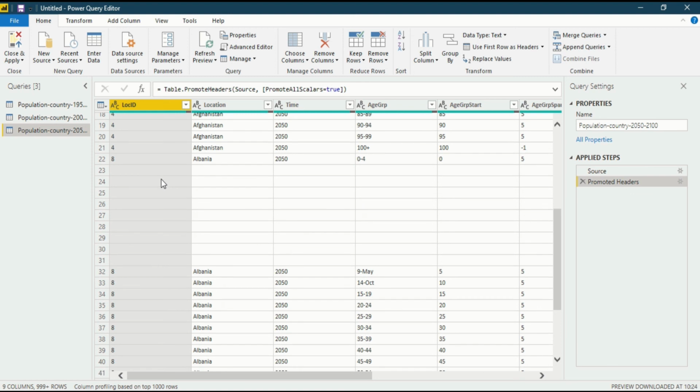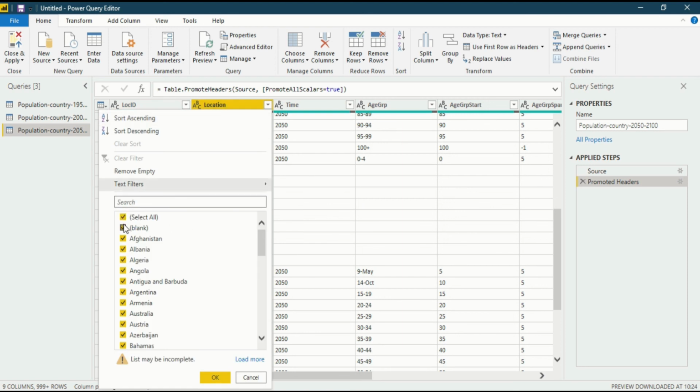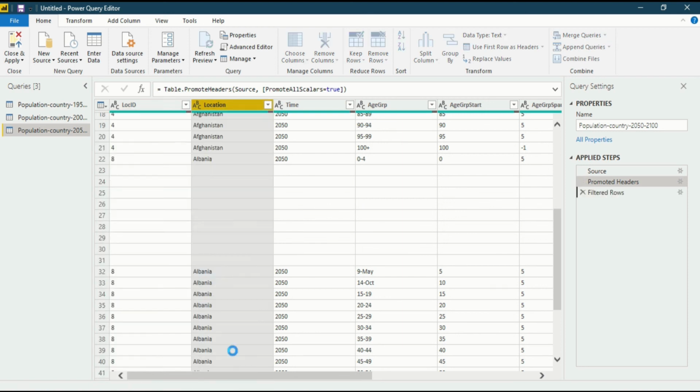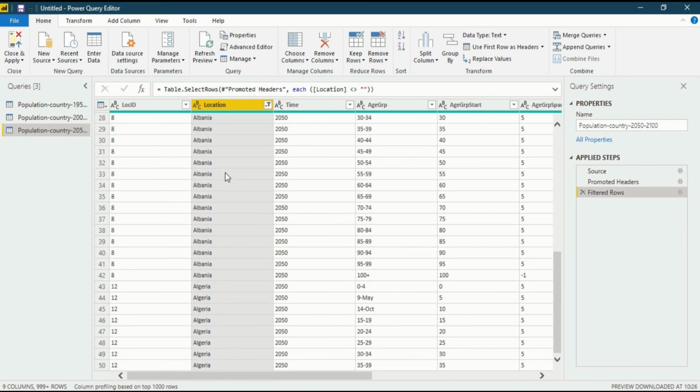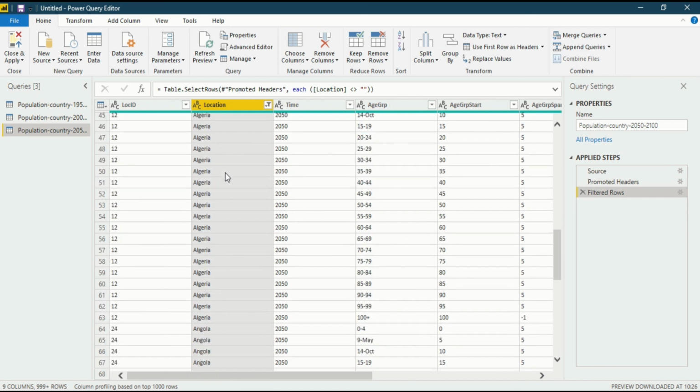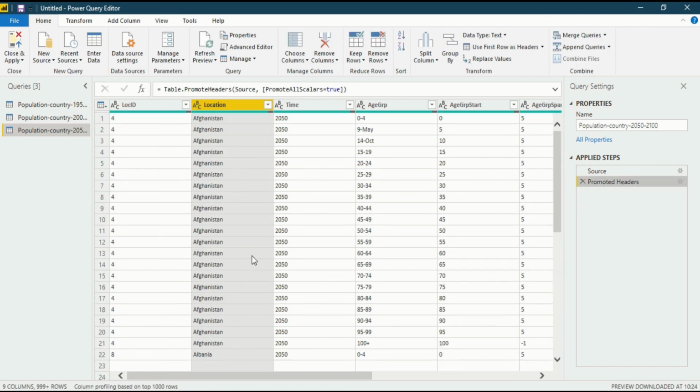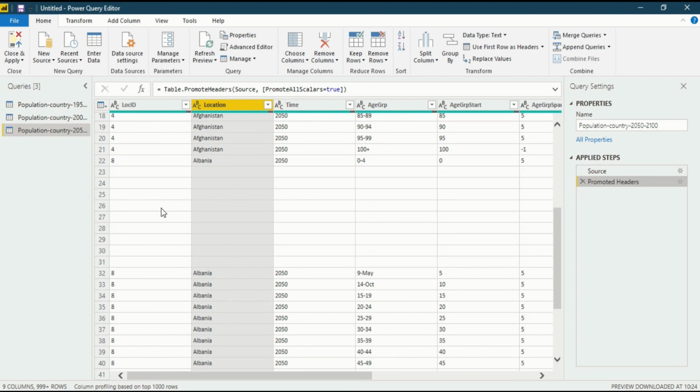So how to do that? You can always go into the location column and click on blank. After that OK, and the filtration has been done. But this is not the right way. You can always do this, but it is not the right way. Just undo it. Power BI Desktop is good software that always gives you certain things you can do in a very easy way. You just want to remove rows which are blank. So how to do that?